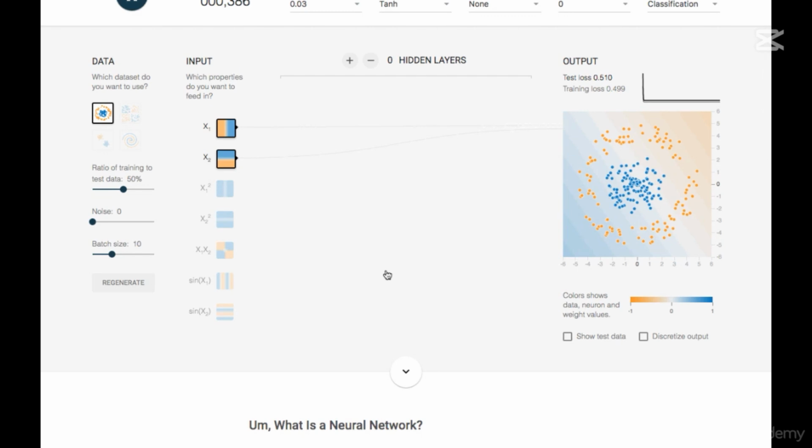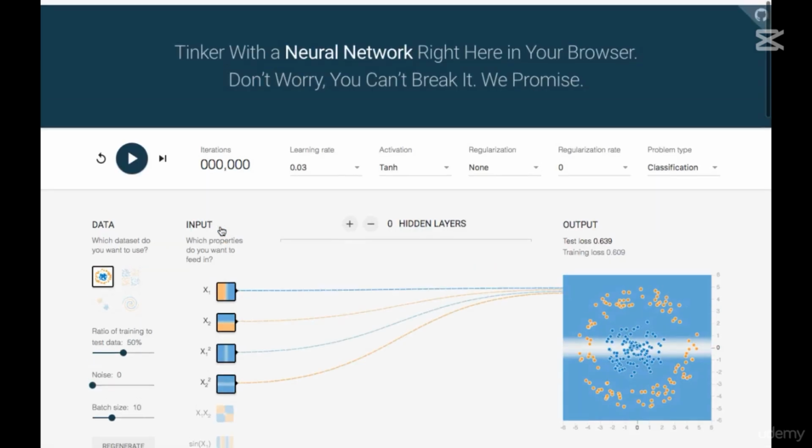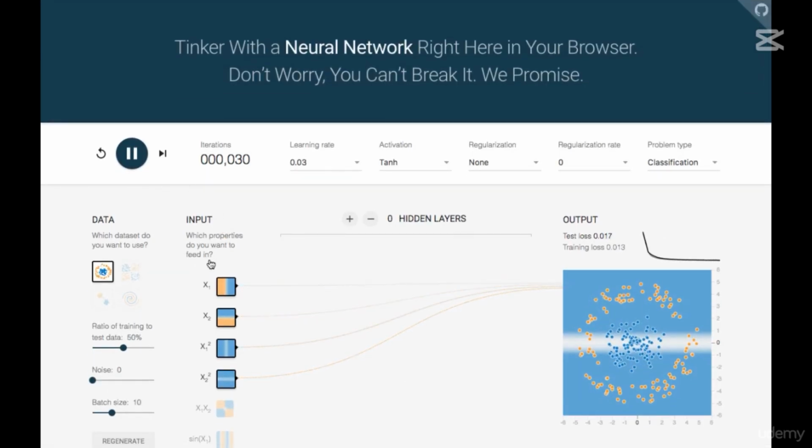But we already know that if we add the radius to this, we can solve this problem. Really, the radius is the only discriminating feature. So the radius would be x1 squared plus x2 squared and take the square root. The square root is not needed, of course, so we really just need x1 squared and x2 squared. And we can get that by doing x1 squared separately and x2 squared separately. So if we train this model,